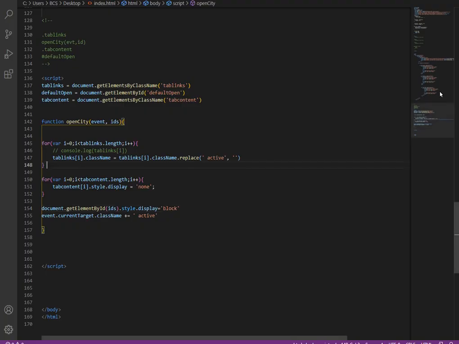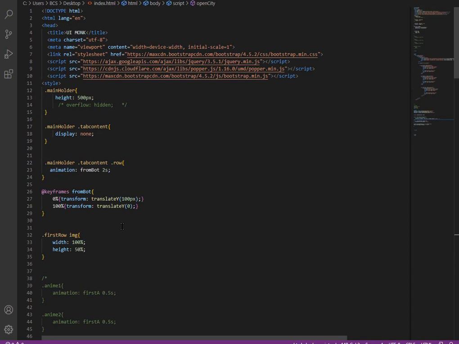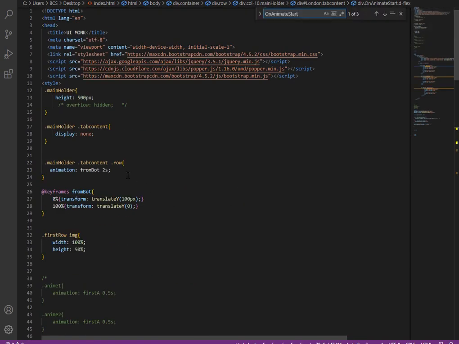But where is the animation? For the animation we need to get the container class on animate start. So this is it, we have not replaced it.